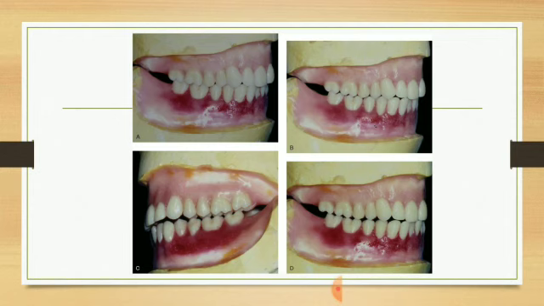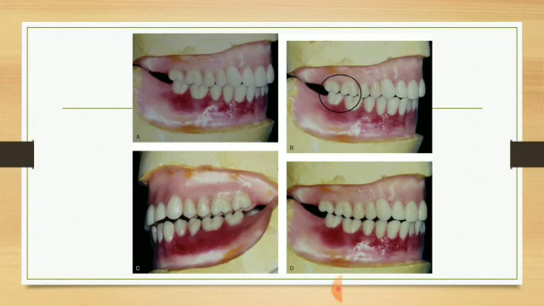So this is the figure just to show you what is a tripod contact actually. So here we can see 4 figures. Figure A is just a centric contacts of all the teeth. Figure B and figure C is the lateral movement, and figure D is the protrusive movement. Now if we see figure B, in case of lateral movement, there is still contact maintained in the molar area. We can see the encircled area in which there is still contact maintained.